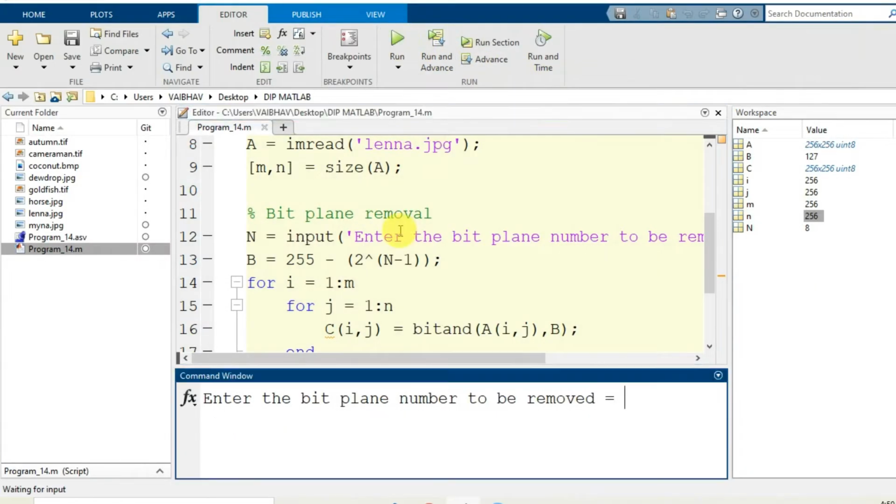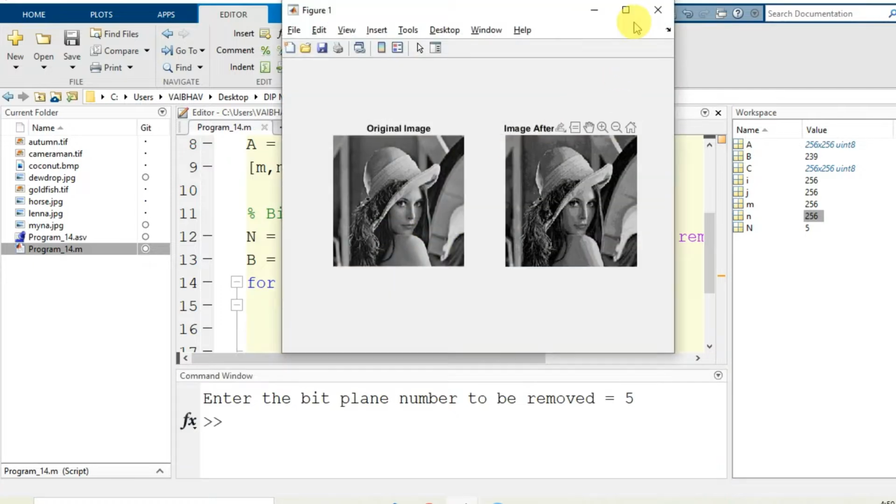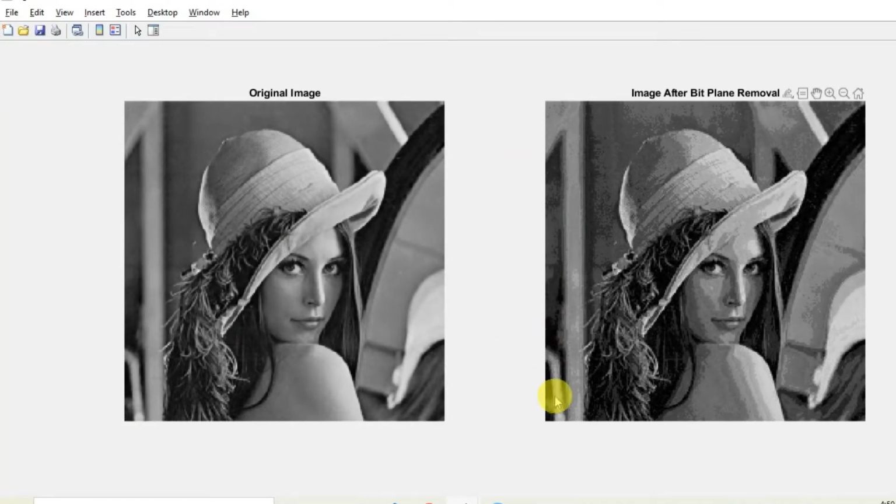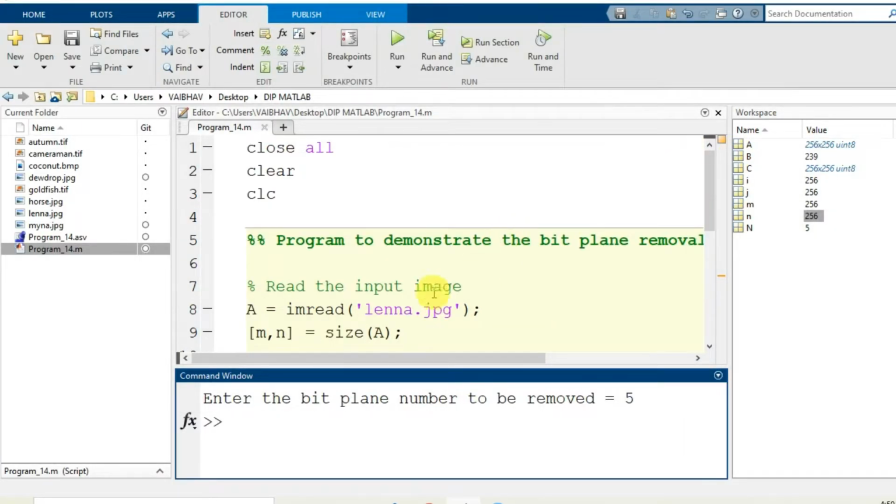I run this program again. If I remove the fifth bit plane here, you see the distortions in this image plane. This is what I demonstrate with the help of lena.jpg.